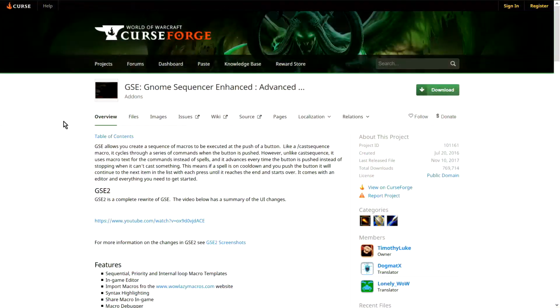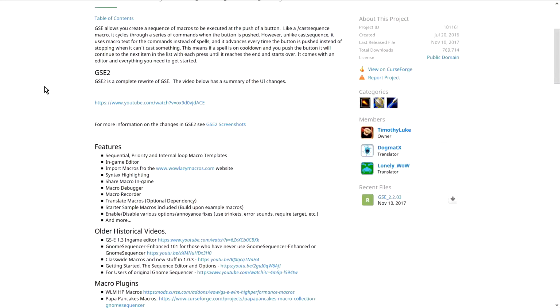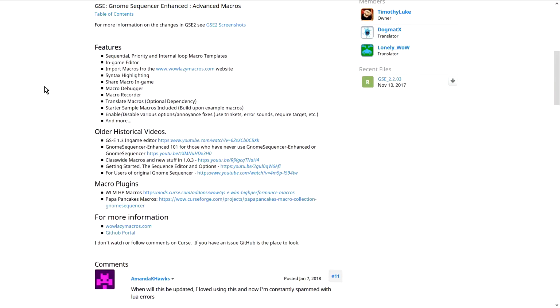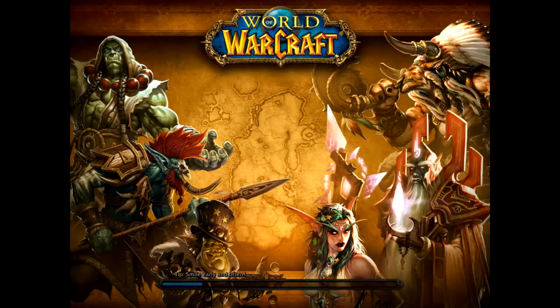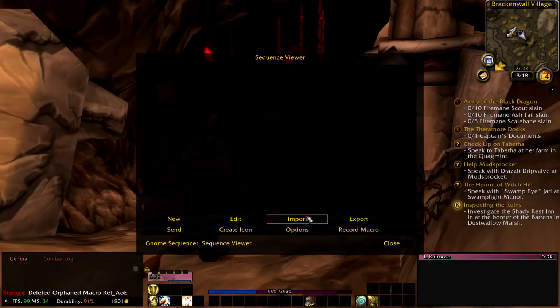But if you'd like to get started with Gnome Sequencer Enhanced, you can do so by downloading and installing the mod. A link can be found in the description below. Along with it, you will find pastebin links for any macros featured in this video. If you'd like to use them, simply click the link and you'll be taken to a raw pastebin of the macro. Select the entire macro, copy, log into the appropriate class, type /gs to open the Gnome Sequencer screen,